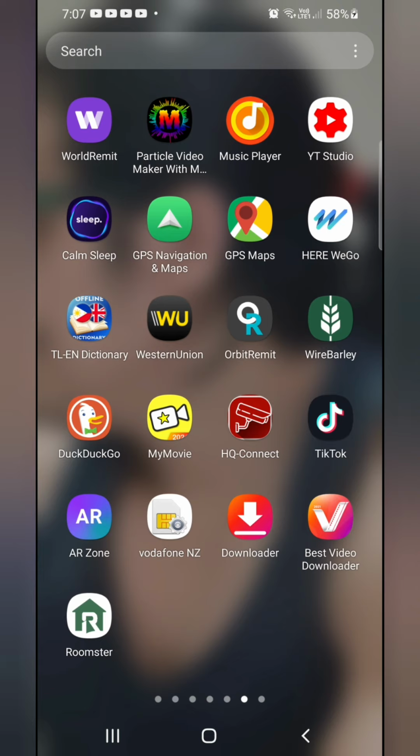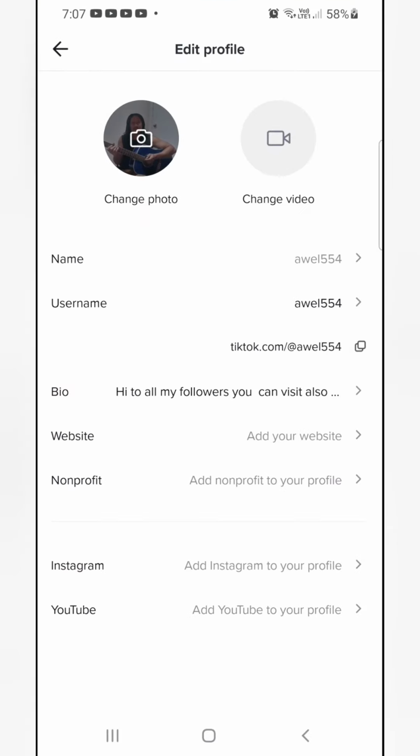So we click on this. All right, now from the left, down to bio, the next one is Website. As you can see, there is a website, and at the right side there is an arrow, Add your website. Next is click on this.